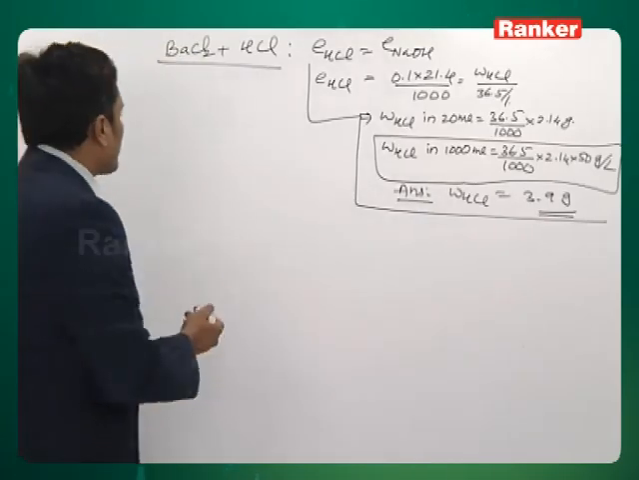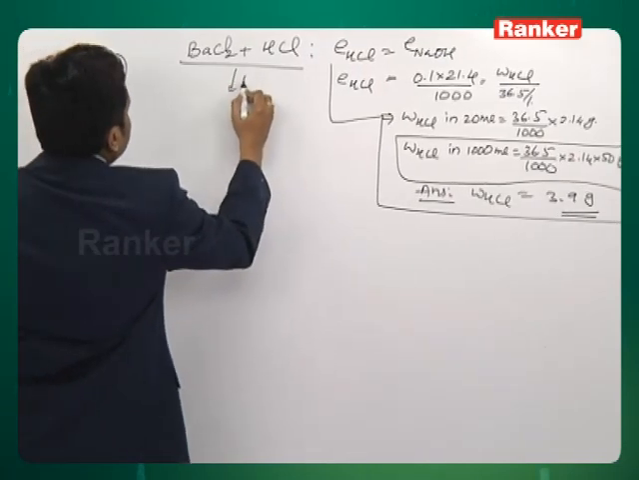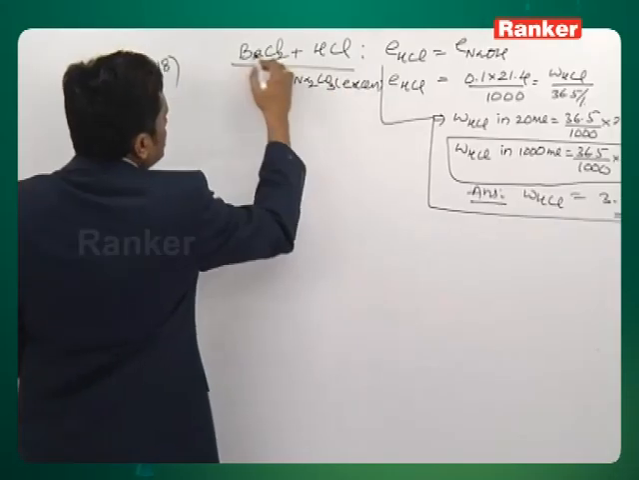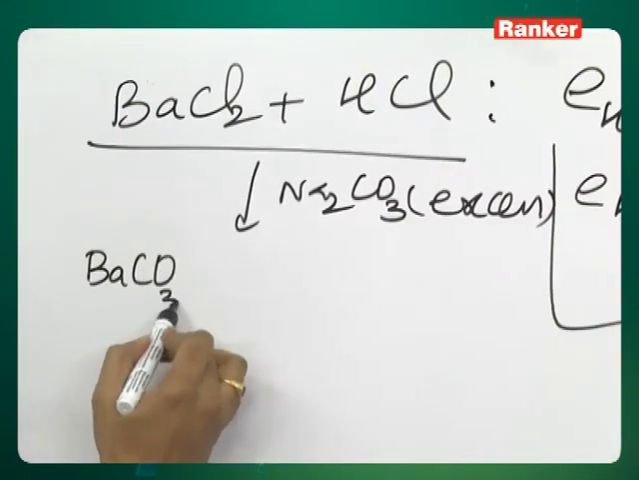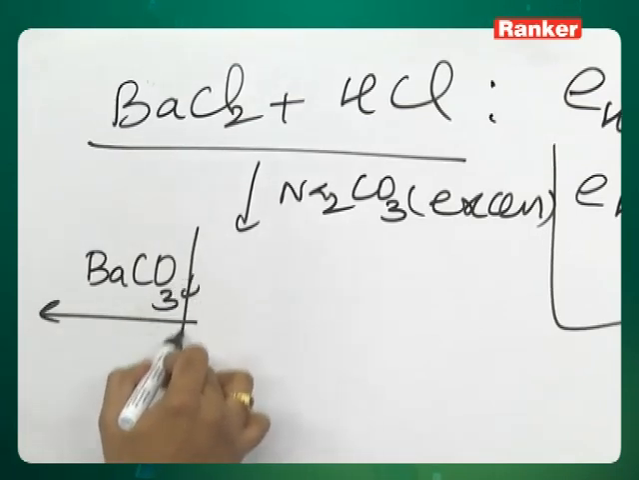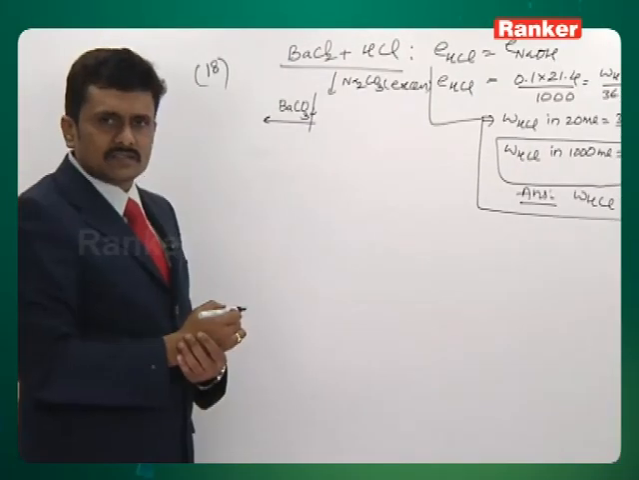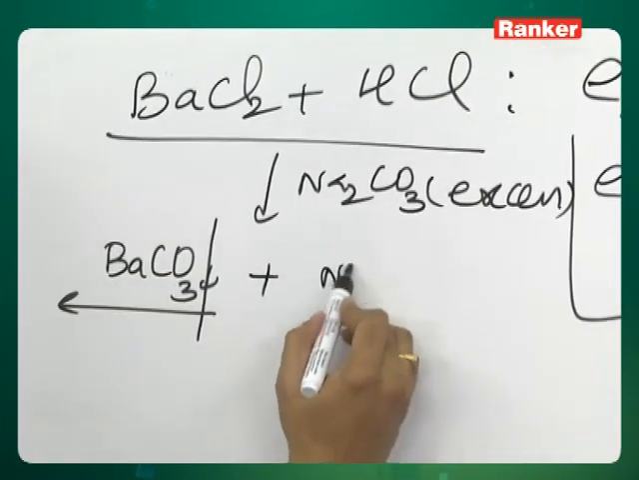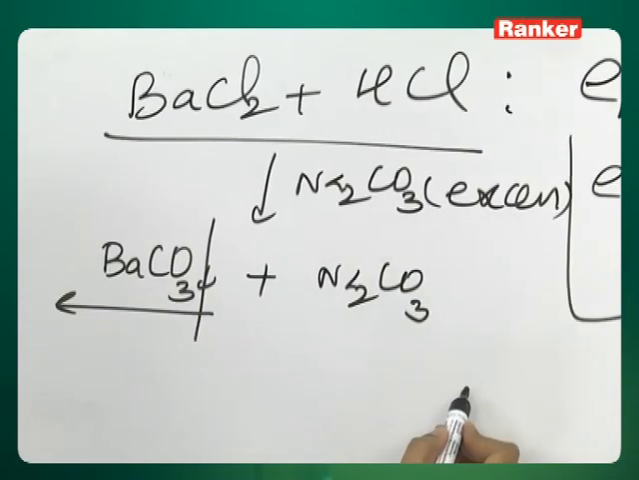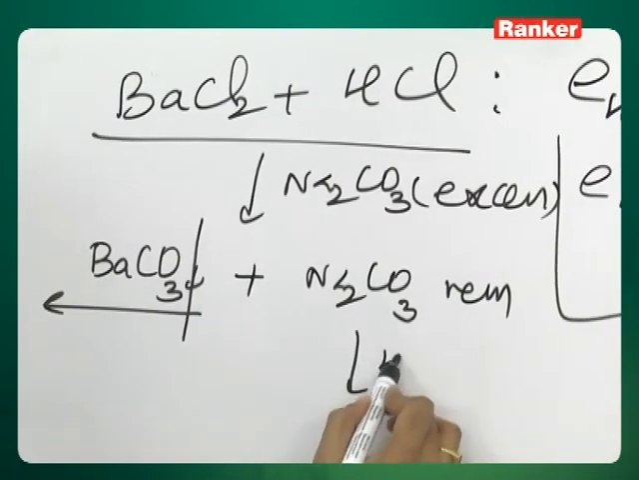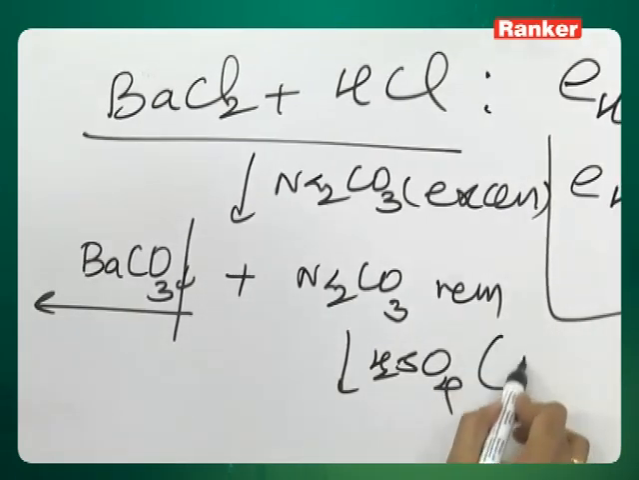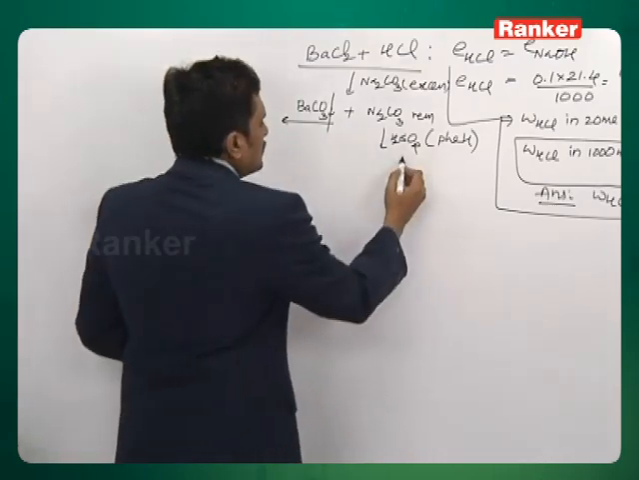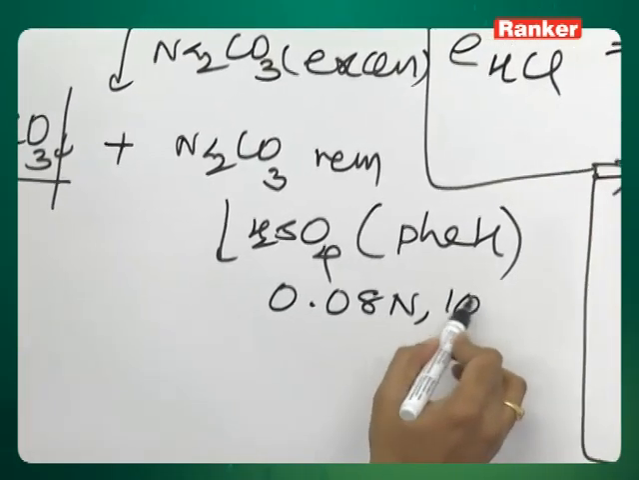That is, here when you have added this barium chloride and HCl with Na2CO3, you have added in excess. Both the substances have reacted. Your barium carbonate precipitated is eliminated. The precipitate is taken off, and the filtrate, whichever we have, the excess or remaining Na2CO3 was back titrated with H2SO4 using phenolphthalein as the indicator, and the information provided to you is regarding the H2SO4 0.08 normal and 10.5